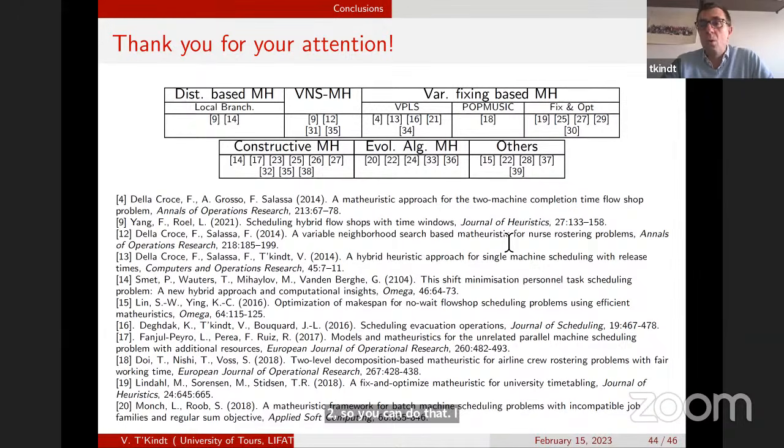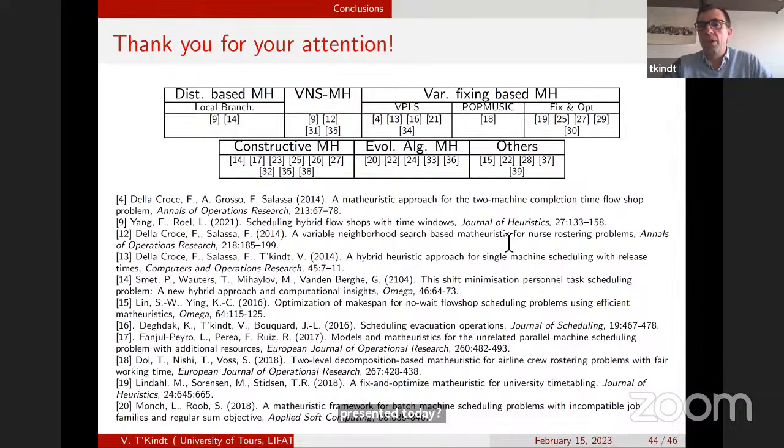I have to be honest, I didn't look at the literature trying to find papers on constraint programming and heuristics in the sense they are doing something similar to Matheuristics, okay? So I can't say if there are a lot of papers or not. My guess is that no, there's not so many papers. There are papers on CP and heuristics, but not many papers, I think, doing heuristics with the same mechanism as the one I presented today, okay?